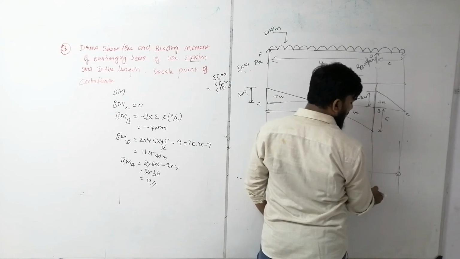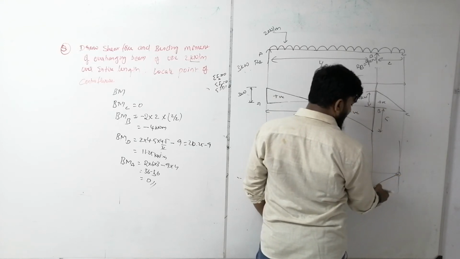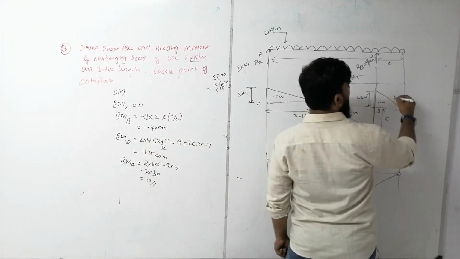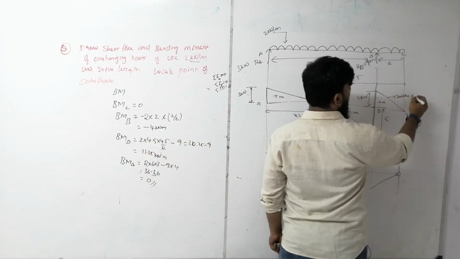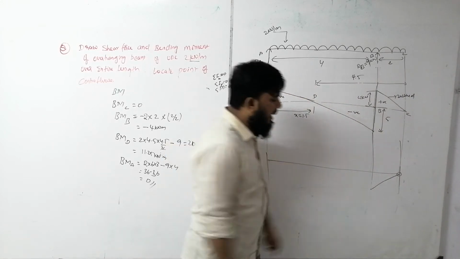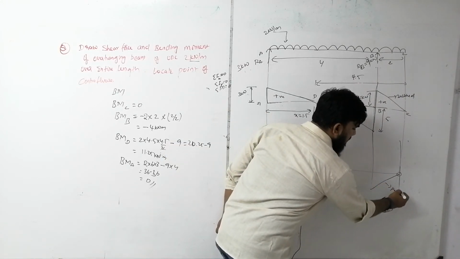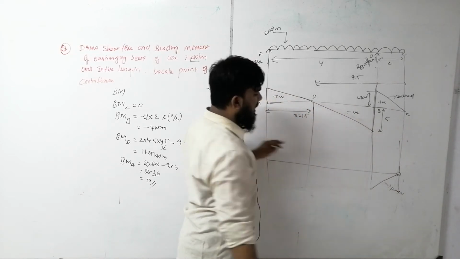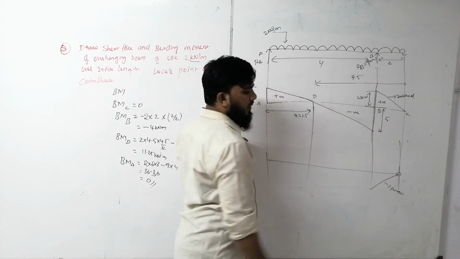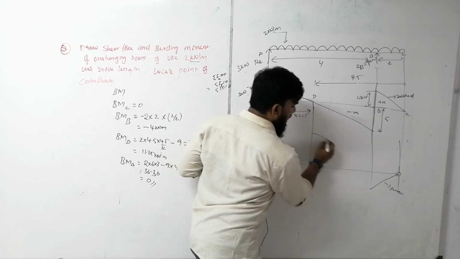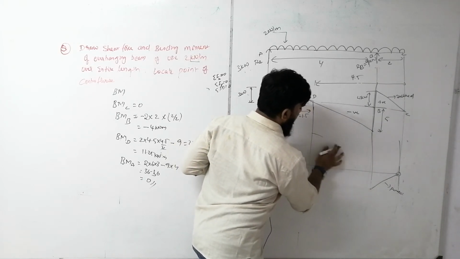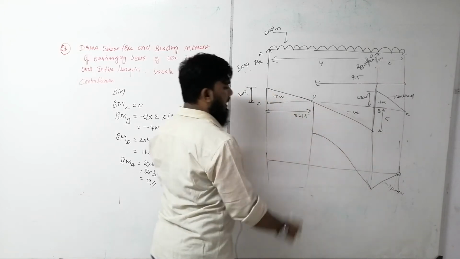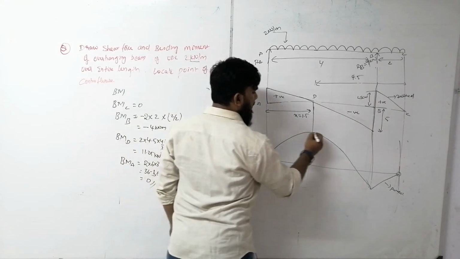This is inclined line, means you have to join this diagram by a parabolic curve. You have to join by a parabolic curve. So here you can write to understand this is inclined straight line. Okay, so this is parabolic curve. Okay, from here till here we have to join. So what is the value you are getting? 11.25. So I will join this. Again the type of curve you have to use is parabolic. Okay, so again from here to here again it is a parabolic curve.